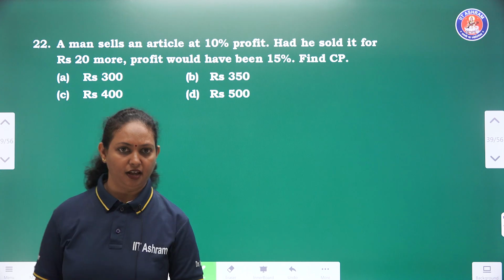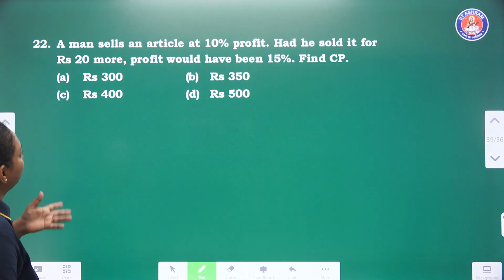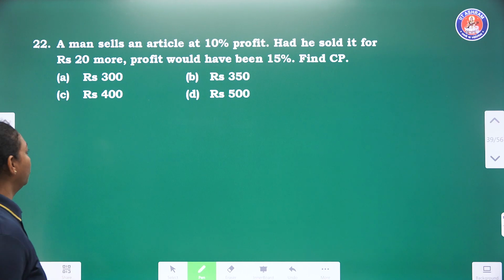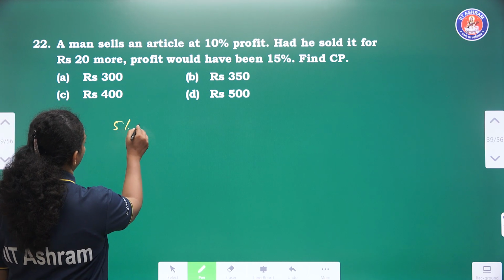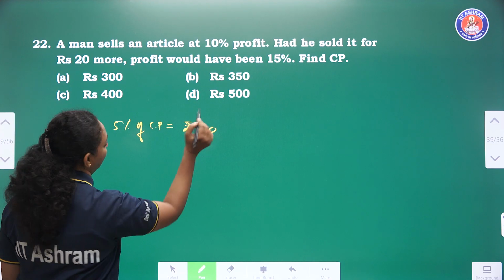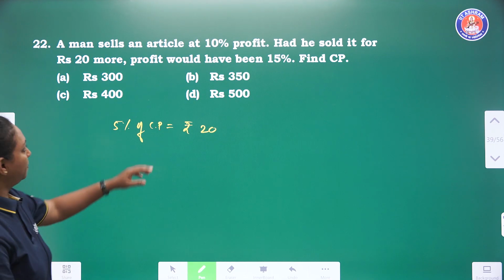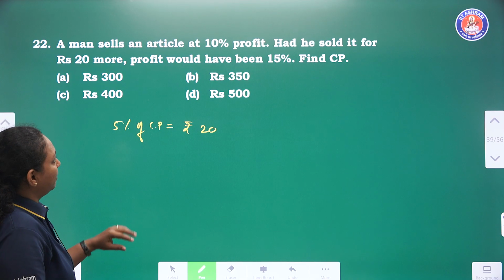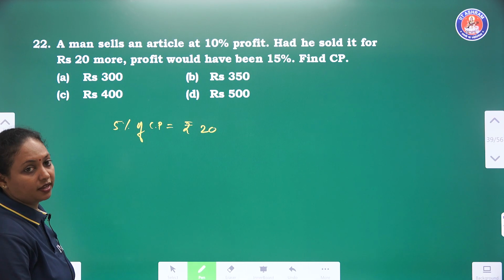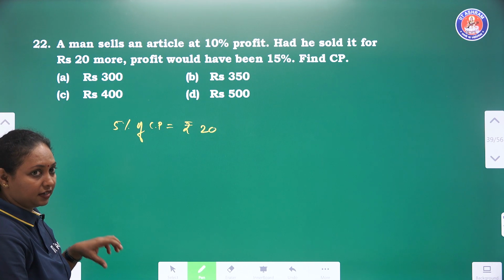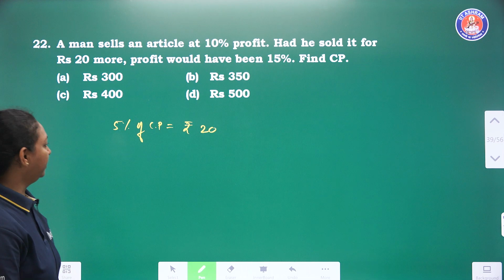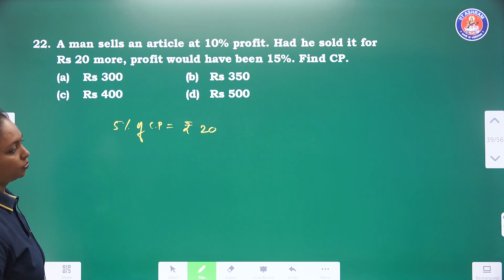10% प्रॉफिट पर जो भी आ रहा होगा और हमें 20 रुपीज़ ज़्यादा दे रहा है, तब उसको प्रॉफिट हो रहा है 15%. मीन्स दैट जो 5% ऑफ कॉस्ट प्राइस रेज हो रही है वो कितने रुपीज़ के बराबर है? 20 रुपीज़. क्योंकि पहले 20 रुपीज़ से कम में बेचते तो 10% प्रॉफिट होता है. 20 रुपीज़ ऐड कर लिए तब 15% हो रहा है. तो 20 रुपीज़ कॉस्ट प्राइस में ऐड करने पर हमें मुनाफा कितना हो रहा है? 15%. राइट. सो 5% ऑफ द कॉस्ट प्राइस इज ₹20.